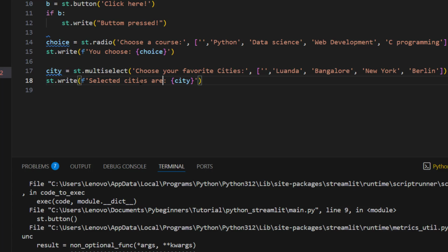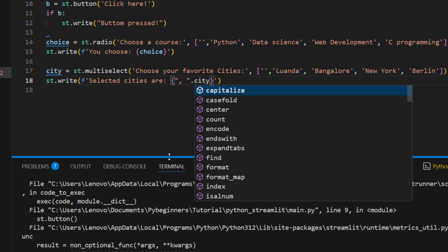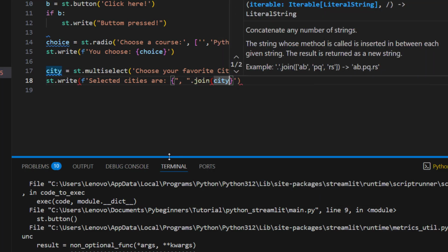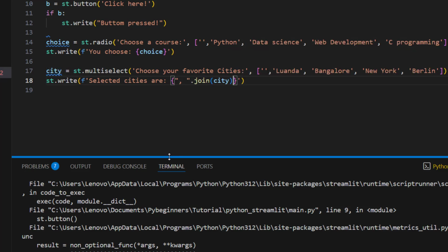Inside, we give an empty string, use a comma with a little space, and instead of giving city, we say .join, open and close, and put city inside. Save.